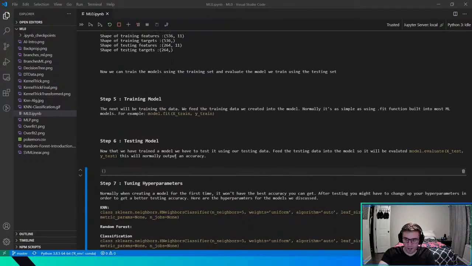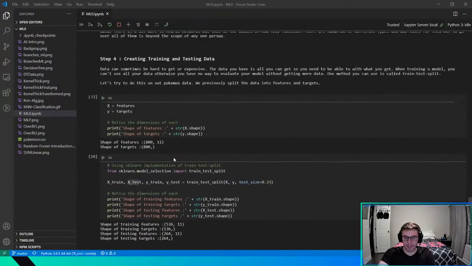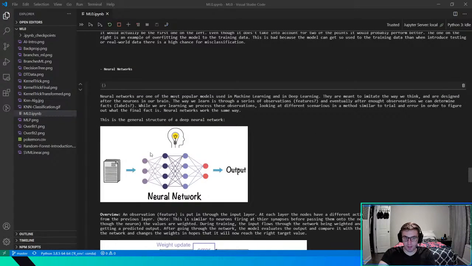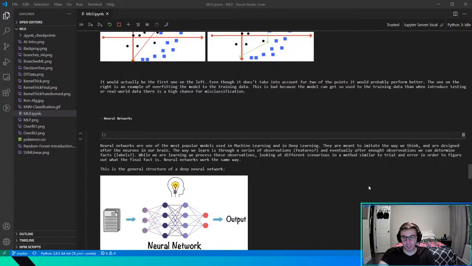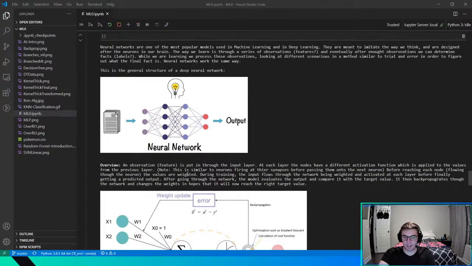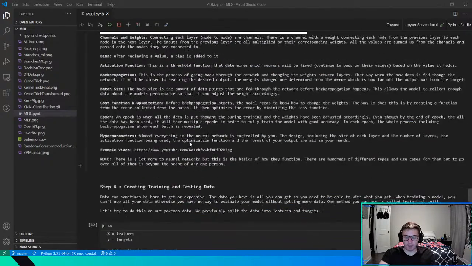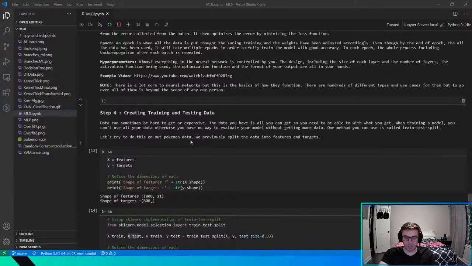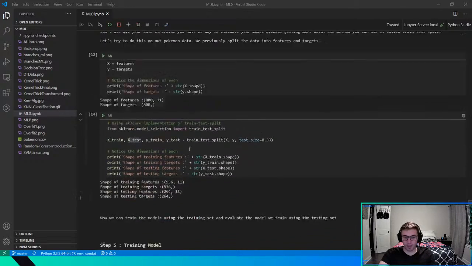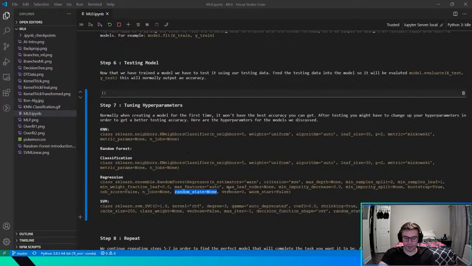I will say that you can optimize all of the models relatively fast besides neural networks. Neural networks are so open-ended. You can basically choose any width, so how many layers you have, and any height, how many nodes you have in each layer, and infinitely many combinations. A lot of times it's not so definite, but you can tell based on testing. So if you add a layer and it does worse, you probably shouldn't keep adding layers, stuff like that. So there are ways to know, but it's a little hard to optimize neural networks.